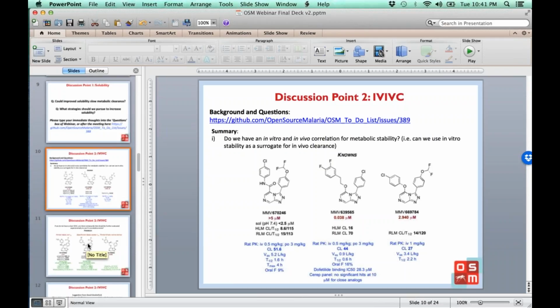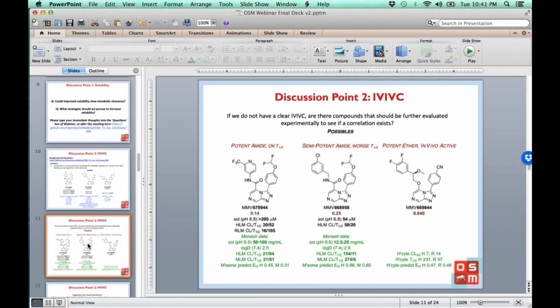And to do that, we would need a few more data points. And I guess the question that I'd like to ask the community is which of the compounds that we have in vitro data for, or for which we have existing data, should we acquire the other data? So on this page, I've put 3 compounds for which we have some in vitro data, and which are varied and which have certain features. There's a couple of amides, there's an ether on the right,